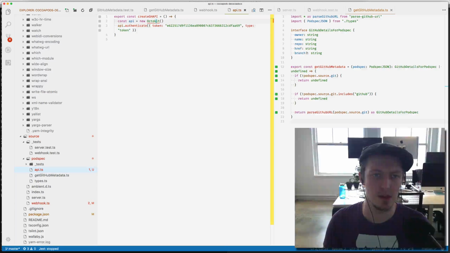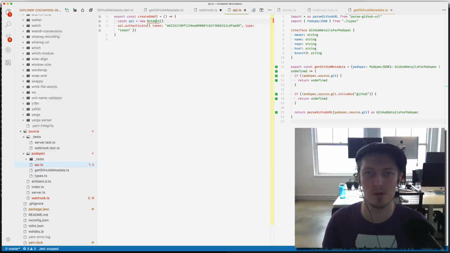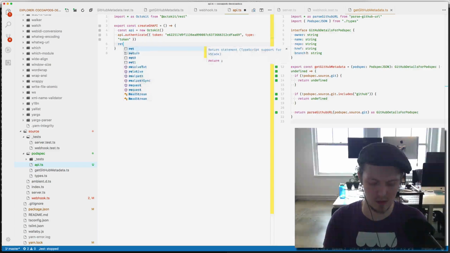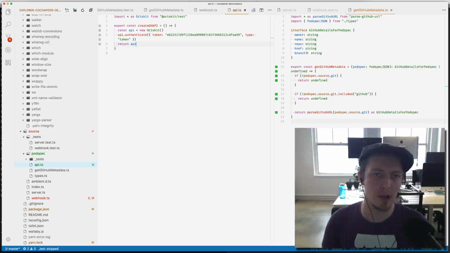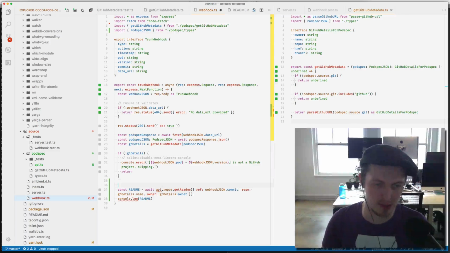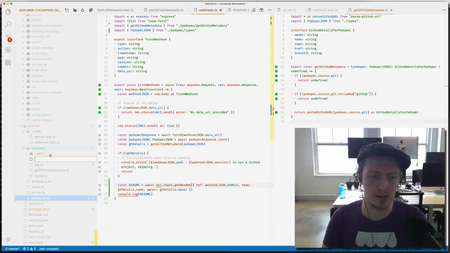Yep, we're gonna need this. It's not actually called OctoKit, so I'll put OctoKit, go away. Cool. Now we've got an API generation. Great. That moves that out of the main thing, and now we need to start saying, I think I'm gonna move, yeah, I'm gonna definitely move this to another function. So this is now gonna be